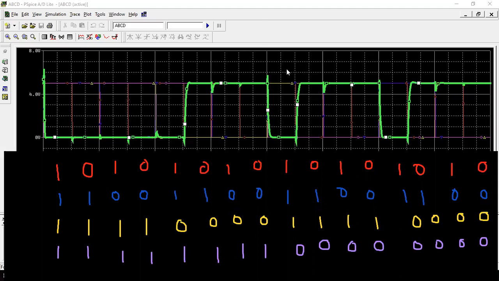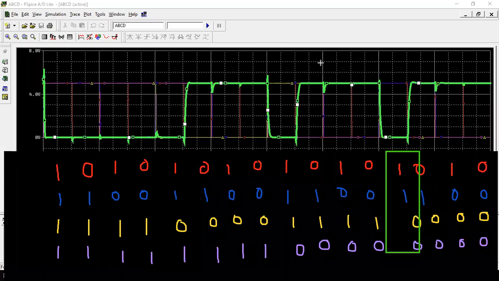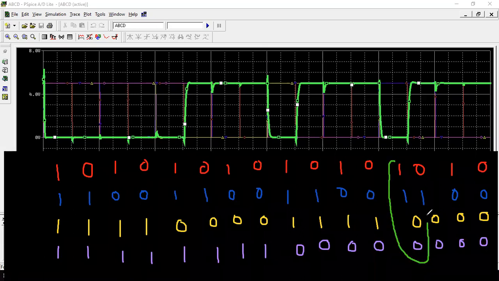So let's test a few cases. What case do we want to see? Let's check this case, 1100. Whether it will get 0 or not. Here your output is 0, but let's check. How to check it? 1100, right?